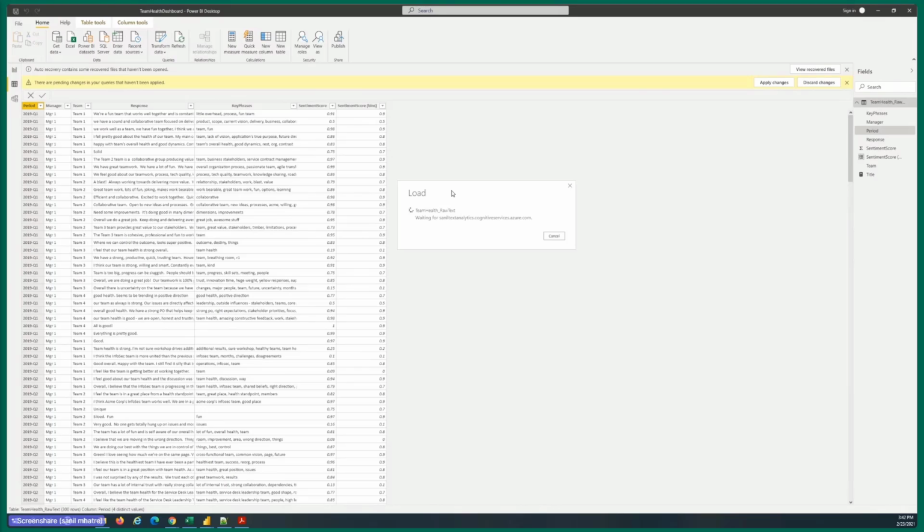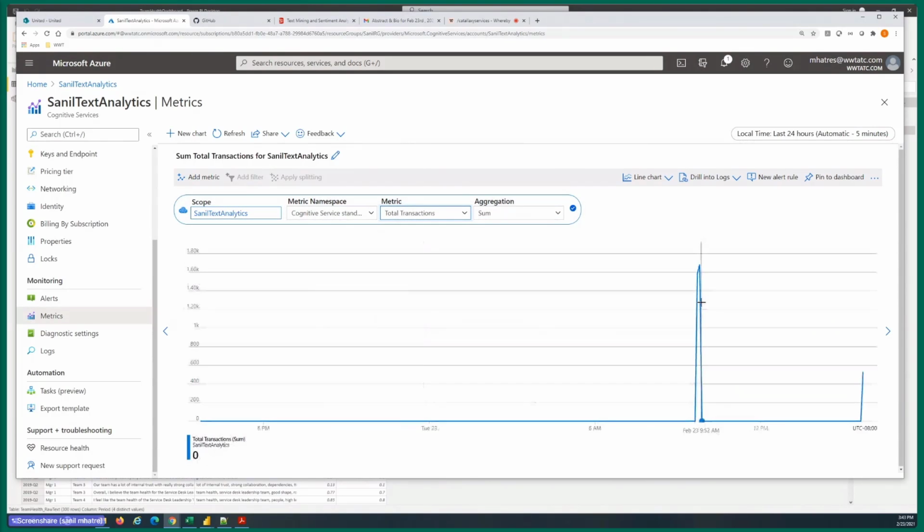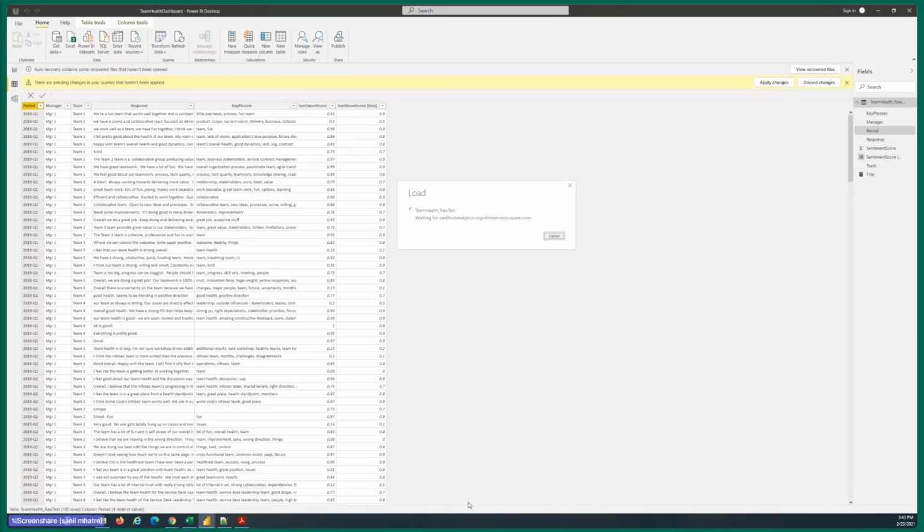Oh well, sometimes the demo gods just decide to be unhappy with you, and demos don't exactly work the way they are intended to be. But if it had worked exactly the way it was intended to be, you would see a big spike. Maybe all is not lost. I see a small spike starting over here. So maybe it's running. It's just running a little bit slower than expected. Oh, 199 rows loaded. It's getting there.